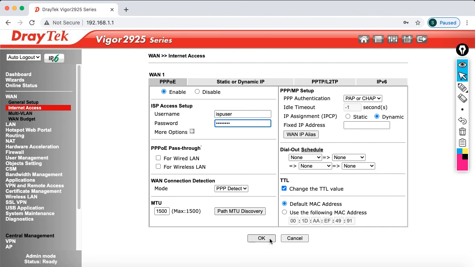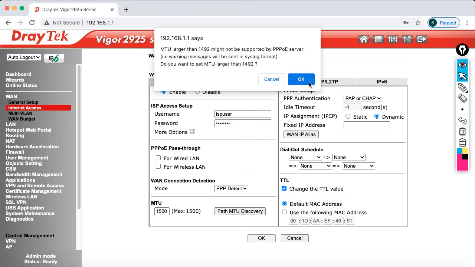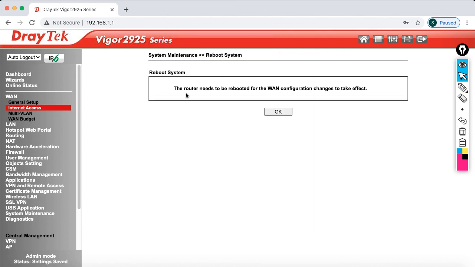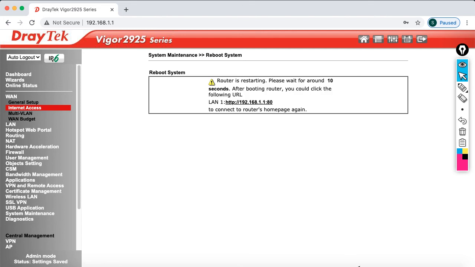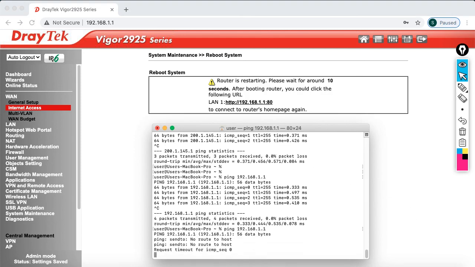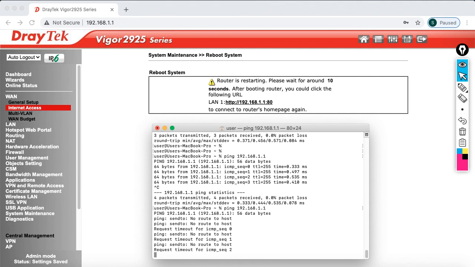Then after that, click OK. Then say OK. In case you want to set the MTU, you can set it. Now the router is going to reboot. Open the ping and verify how much time it's going to take. It's going to take approximately 10 seconds.